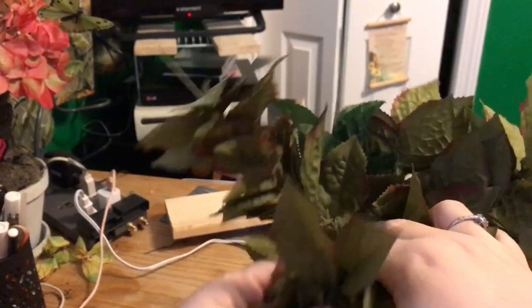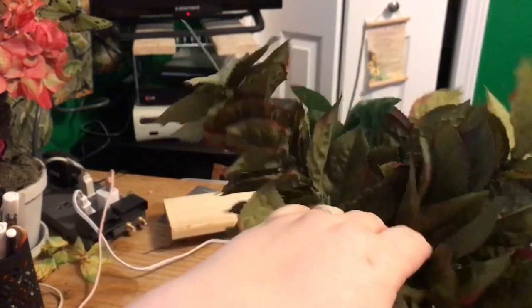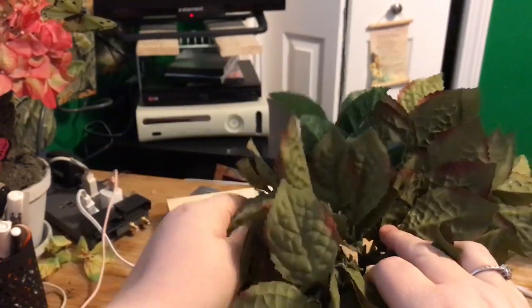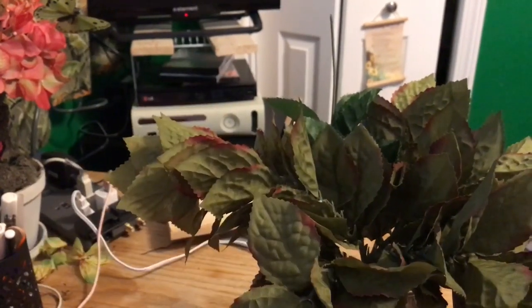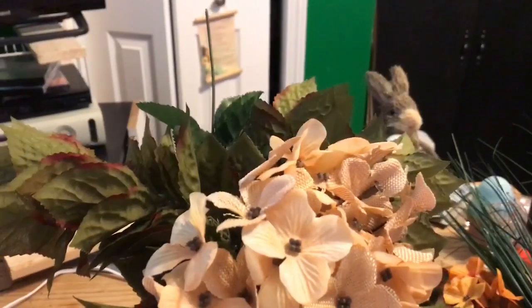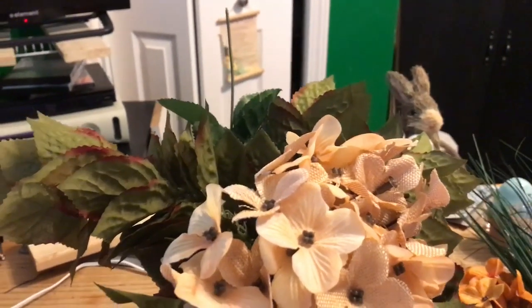Now, when you have this leaf-filled vine left over, you can make your greens bend down however you like, all right? And then we'll go in with that hydrangea. I'll show you that one. This is the one that's cut down already, all right? And that's a nice base flower. You could use hydrangeas as your main focal point, but they're also